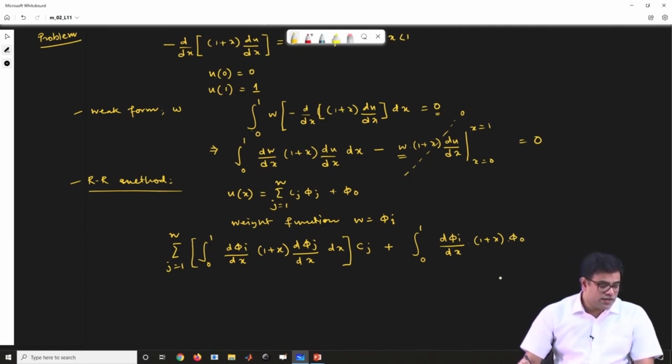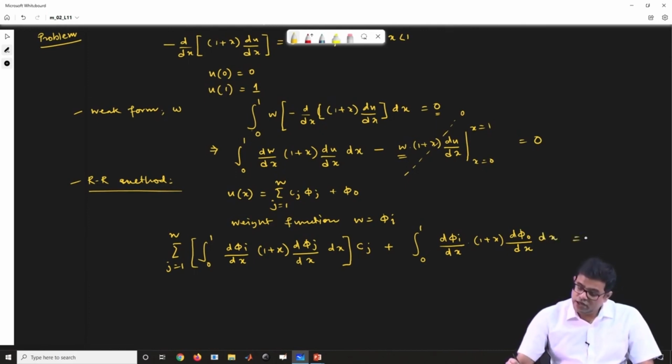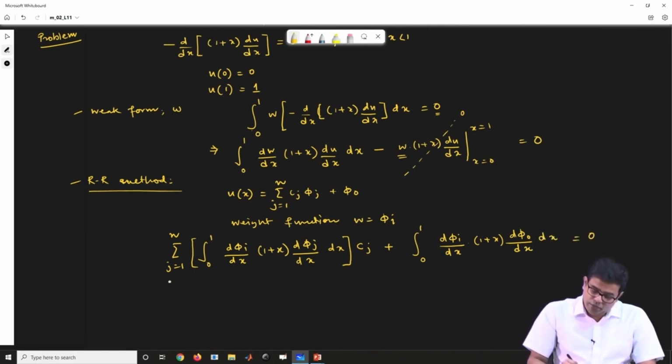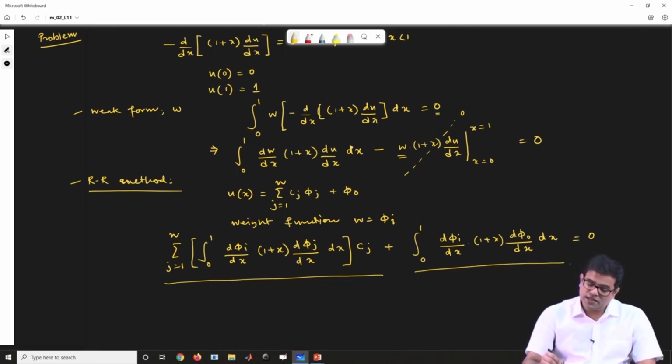So this is dφ0/dx, so this is into dx. So this term will also be there. So naturally this will be my bilinear form, and this will be my linear form here. So if I just substitute this quantity here, now